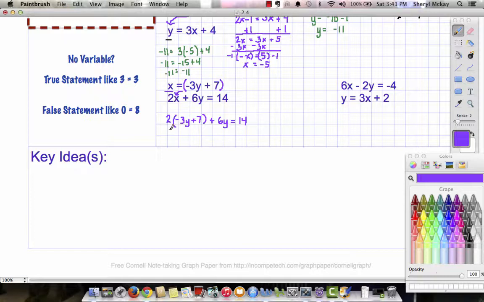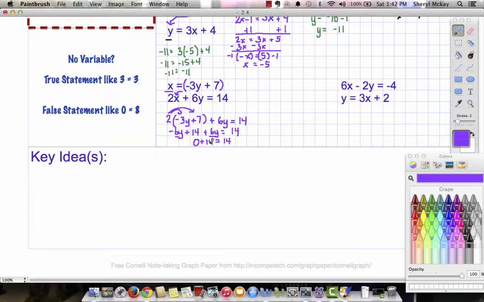Let's see what you did. 2 times negative 3y gives us negative 6y. 2 times 7 gives us 14. So now I have negative 6y plus 14 plus 6y equals 14. I'm going to go ahead and combine some like terms, and I get negative 6y plus 6y gives me 0 plus 14 equals 14. So I ended up with 14 equals 14, which that's true,